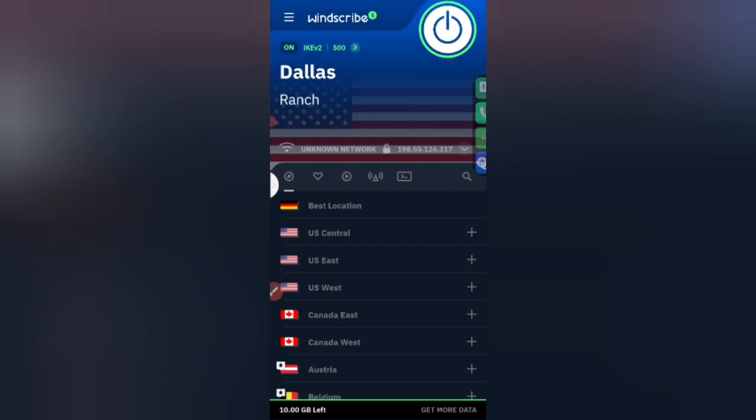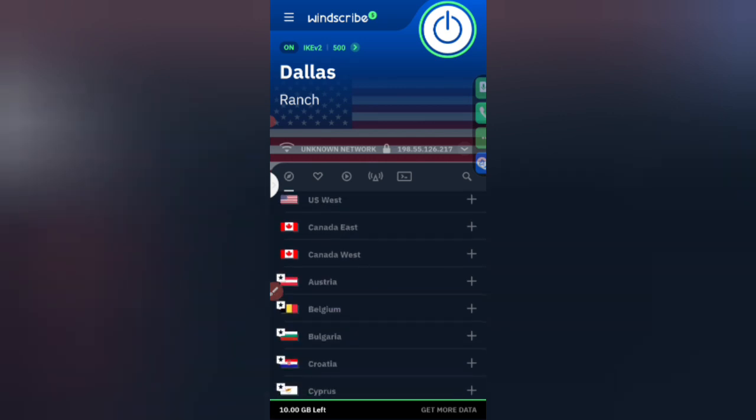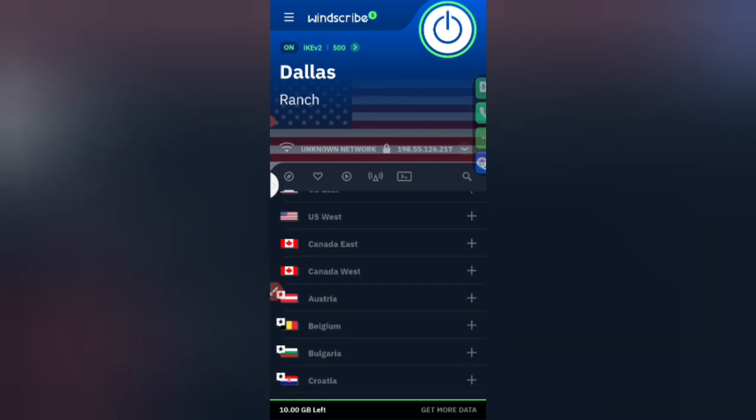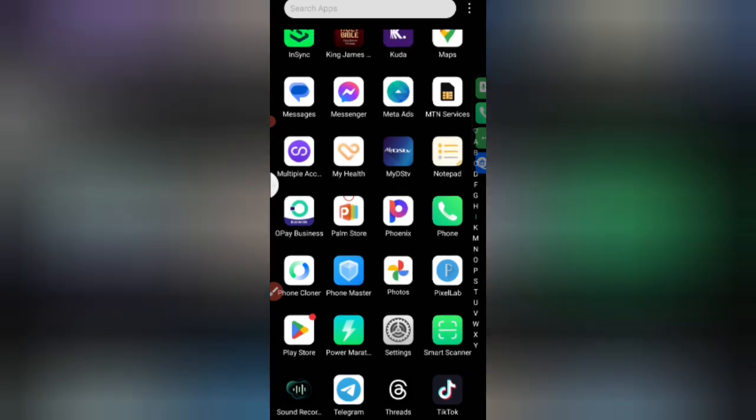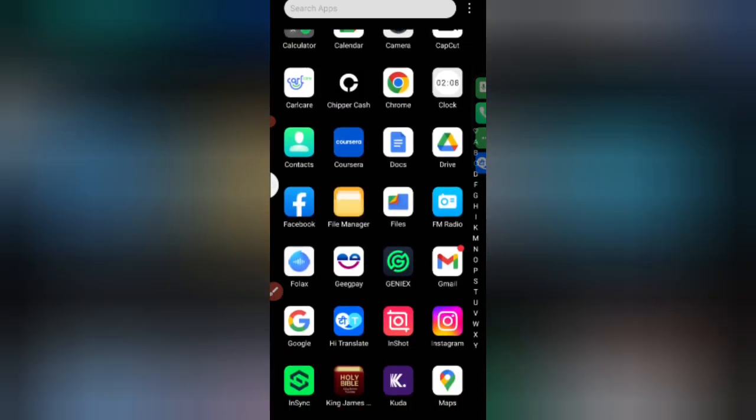You wait for the app to connect. Now it's connected. My VPN is active. What this VPN does is to change your location. Okay, so it changes your location from Nigeria to somewhere else. All right, then you go to your Facebook application,